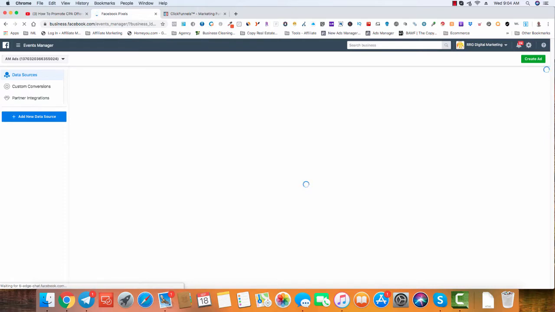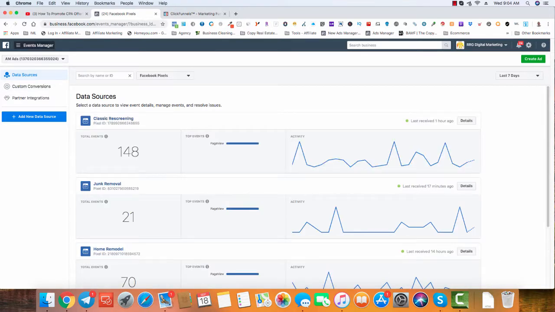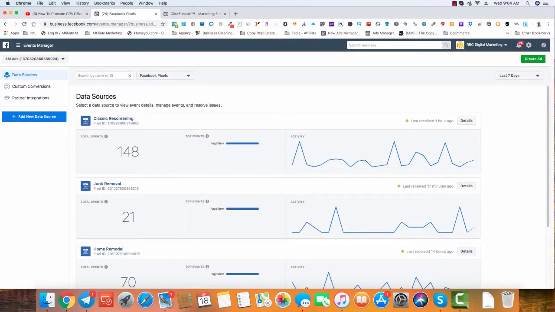Maybe you have 1 or 2 ad accounts. Just make sure you add more ad accounts by going to your business settings and adding more ad accounts. If you have only 1, that's all you have, it's okay. So once you see your different pixels here, all you have to do is just click on one of them